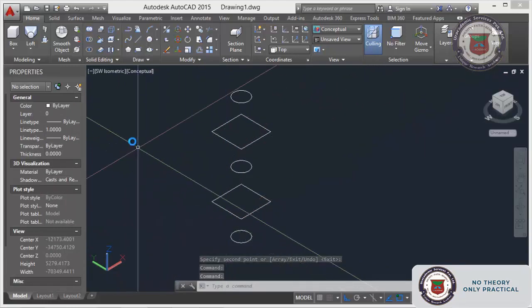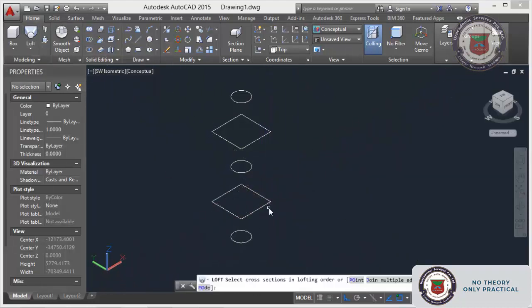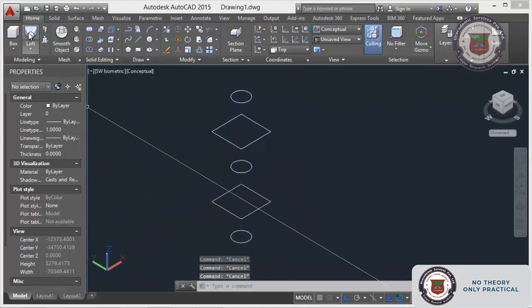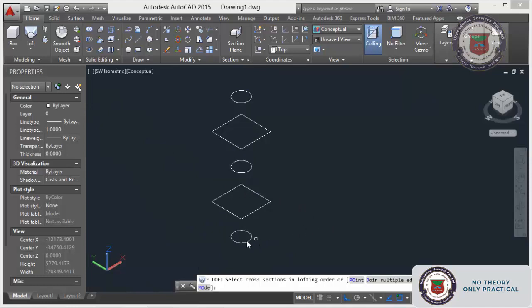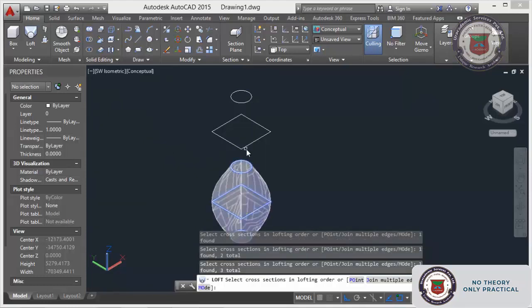Now you see loft. Select cross sections. You could select all, but it is not required; we will select one by one. That will be the best. Select loft, cross section, this and this.